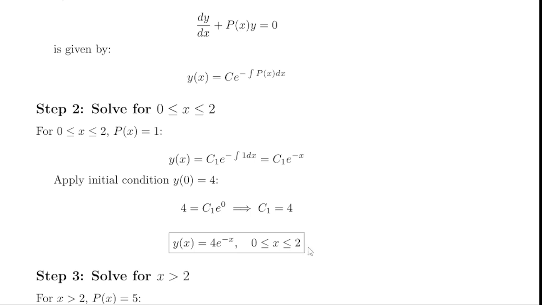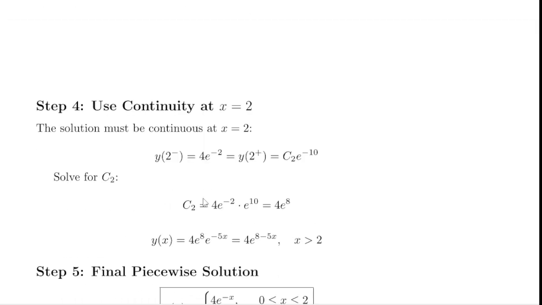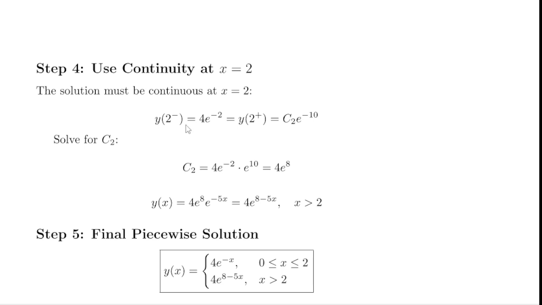Now we're going to look at x greater than 2. p(x) is going to be 5. So we can replace p(x) inside the integral with 5. So we have a constant times e to the negative integral of 5 dx, which is a constant times e to the negative 5x. Now we want the initial condition: first, the solution must be continuous